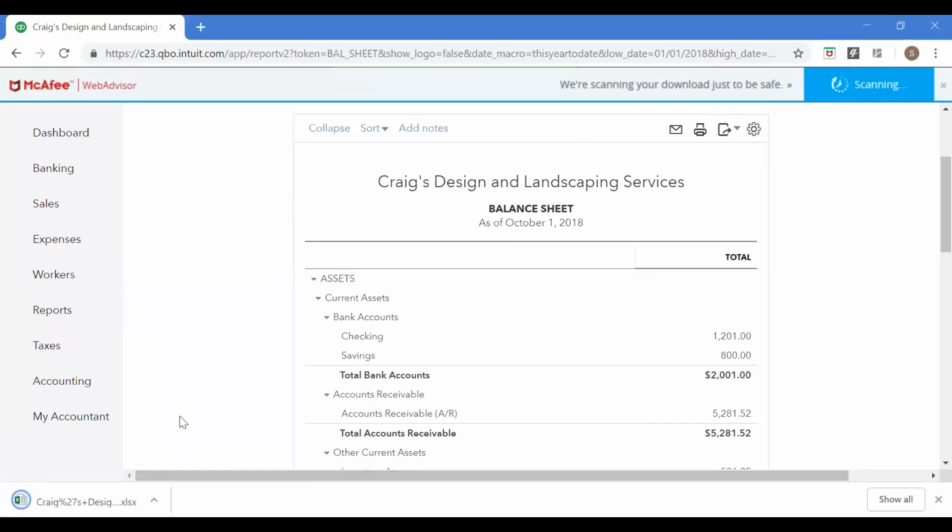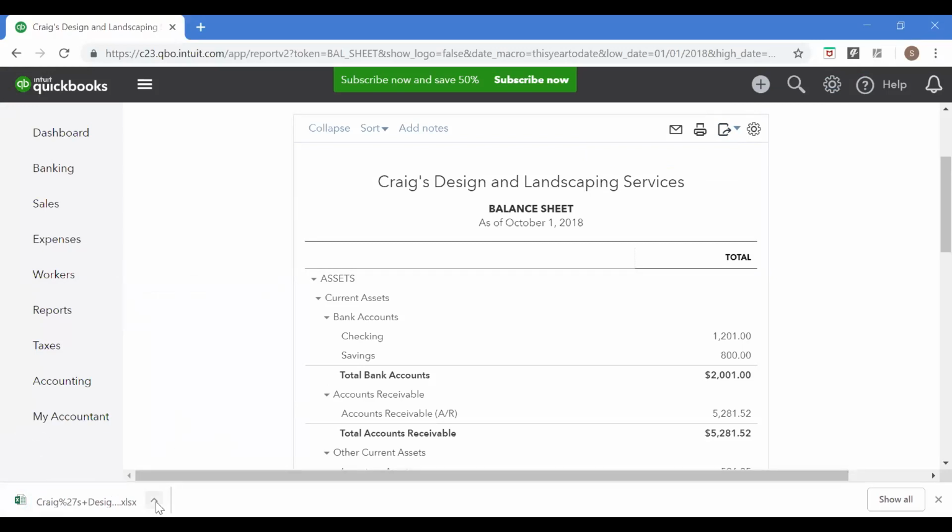You'll see the file downloading here. And then once it's downloaded, click on open.